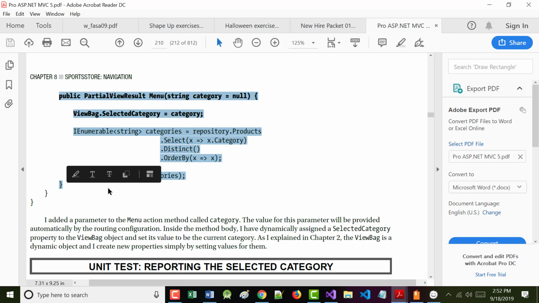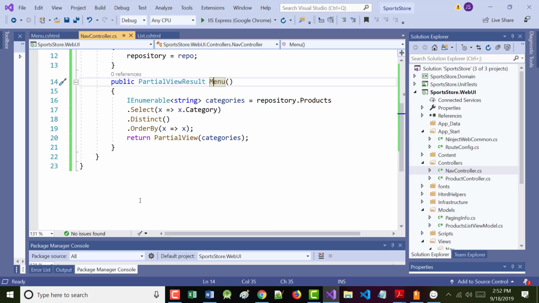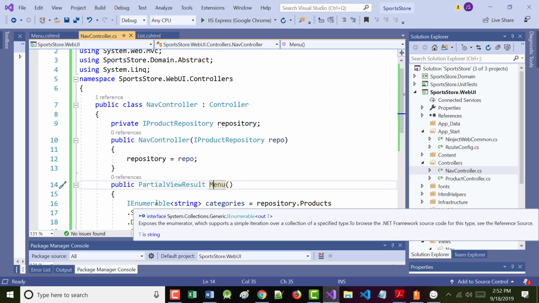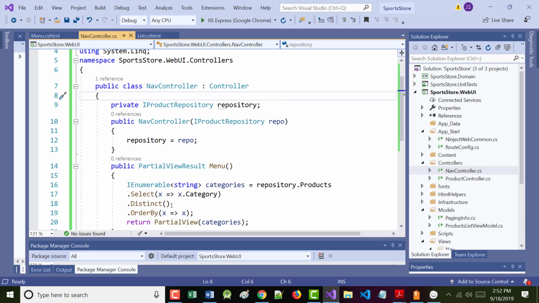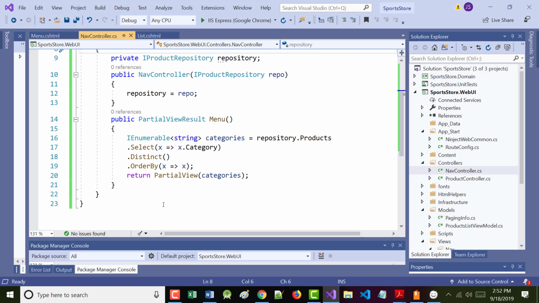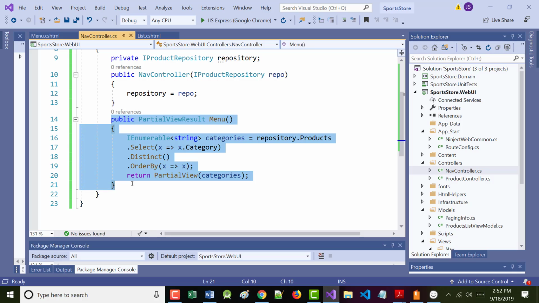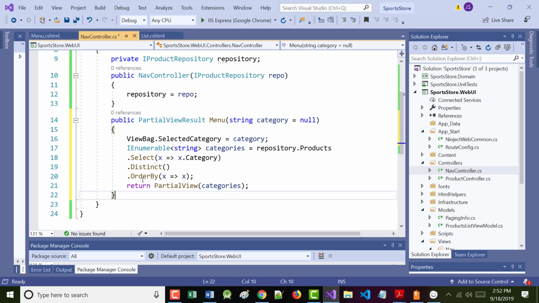I'm just going to grab every bit of this, copy it to the clipboard, come down towards the bottom. So it looks like we want to change the menu, which is right here. All right, we want to change it to this.